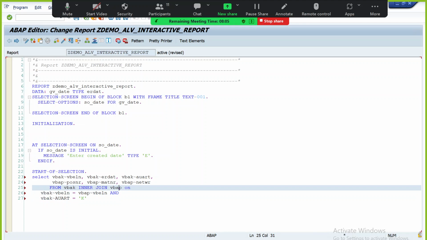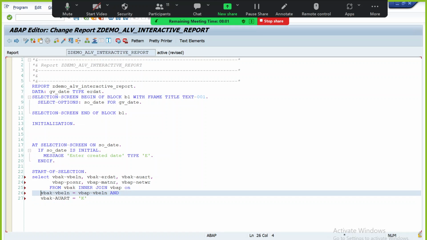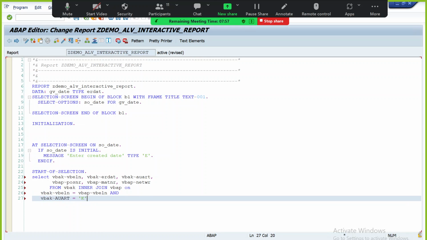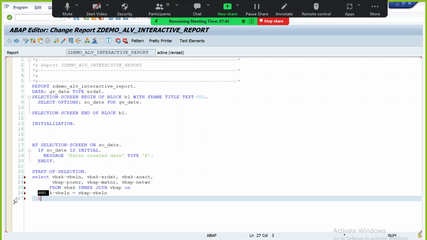You can add the condition like this on any of these two tables, VBAK or VBAP fields. Okay. But sometimes it will affect the selected records. So instead of the where condition, you can also keep this condition here. And then into table, the data of